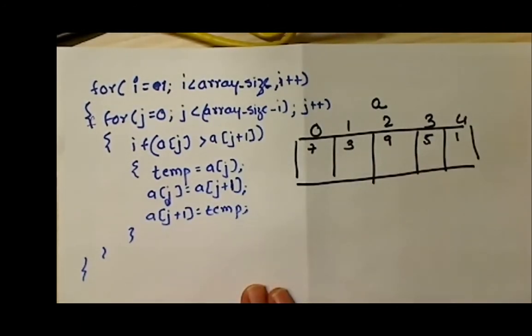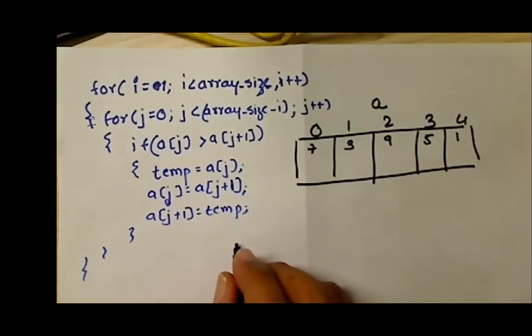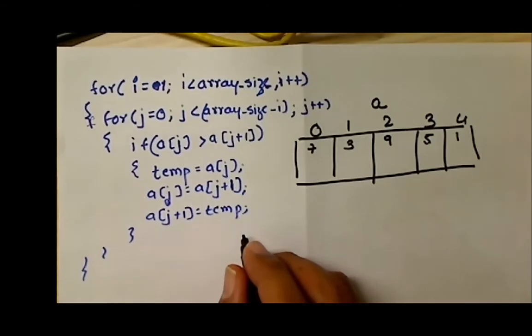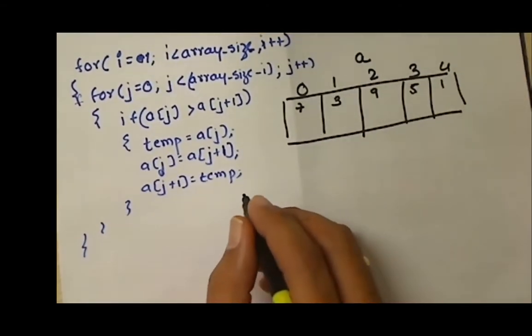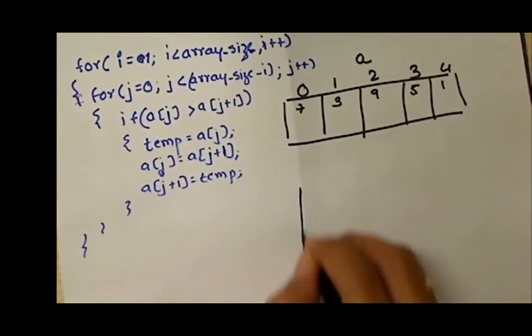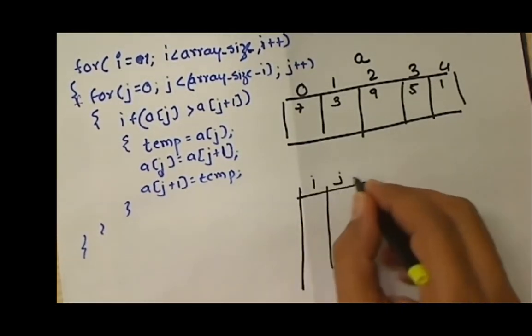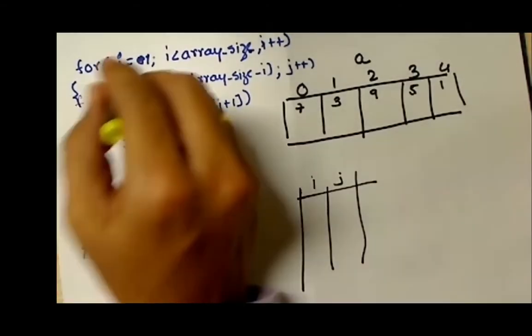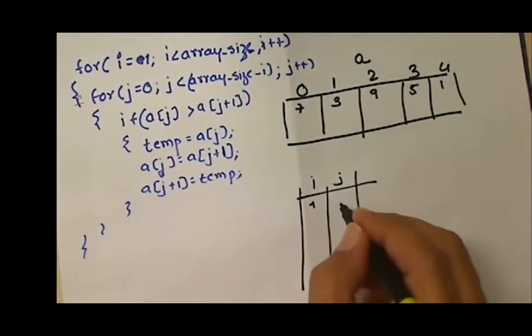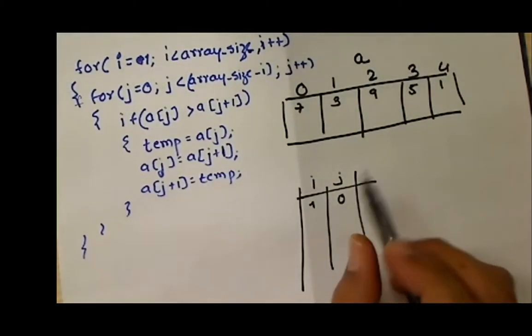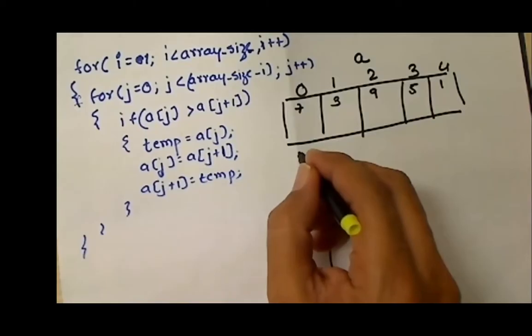Now we'll trace this particular code. And how do we plan to trace it? By taking these variables i and j. I'll do a dry run for these variables, and to do the dry run I'll go ahead with two variables, one is i, the other is j. For the first time, the value of i is 1. For the first time, j is 0. Now if i is 1 and j is 0, that means j is currently pointing over here.